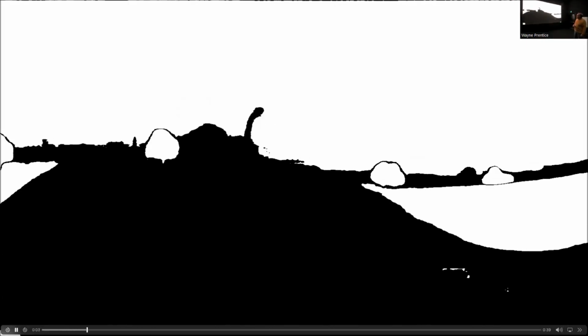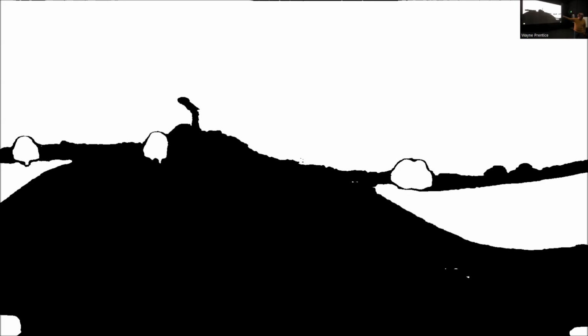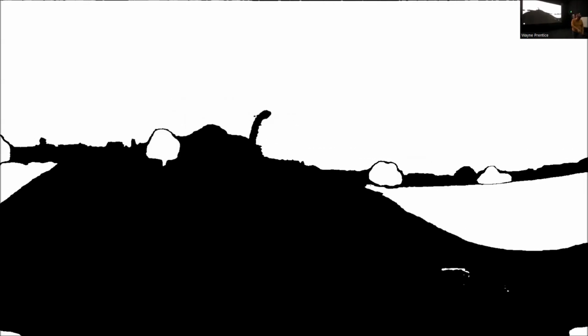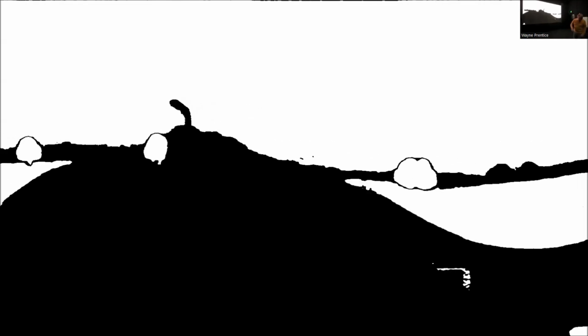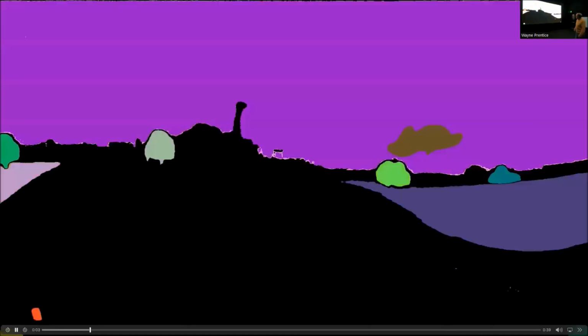Here's the cryptomat. Say your art director does not like that tree that's over there on the left. Oh, we can get rid of that tree. You want that tree to be blue? Yeah, we can fix that. You want that tree to, my favorite is this kind of accidental Peter Max version that I made. Sorry if you have stroboscopic things. But we were talking about that cloud that shows up there. You want to get rid of that cloud? Yeah, we'll get rid of that cloud for you.